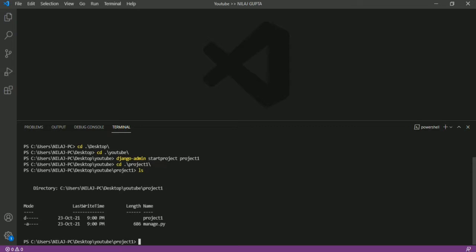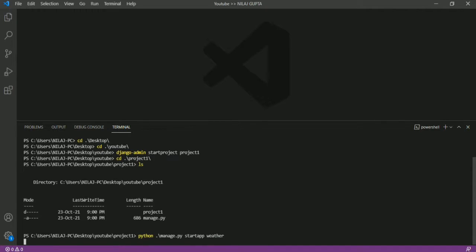You can see that the project has been created, and there is a directory named project1 and the manage.py file is there. Now let's write the command python manage.py startapp, and I will name my app weather. So our app is successfully created.